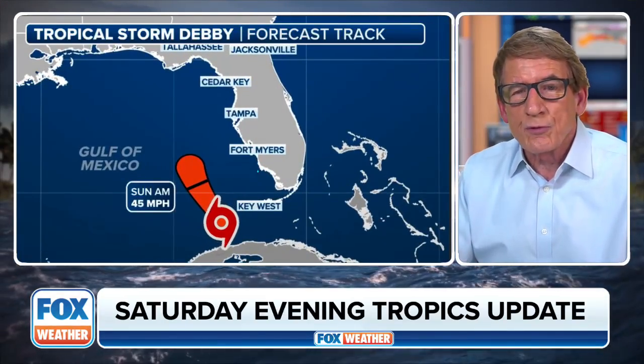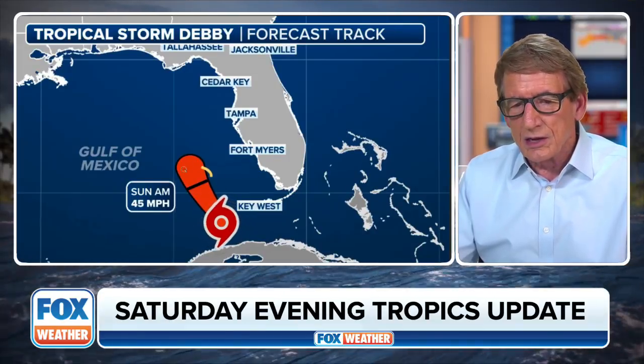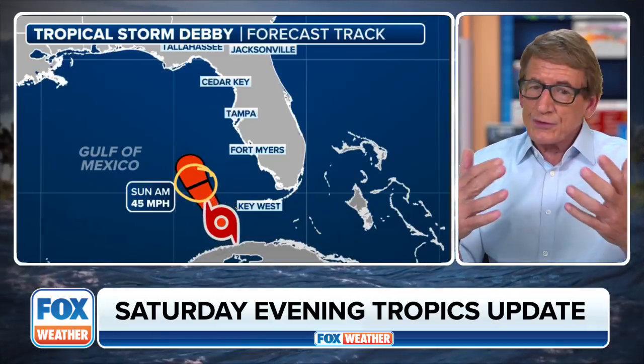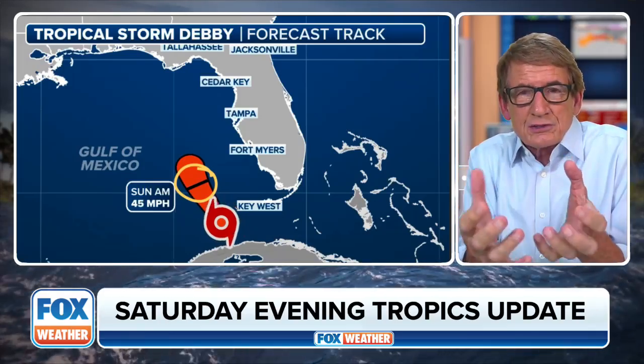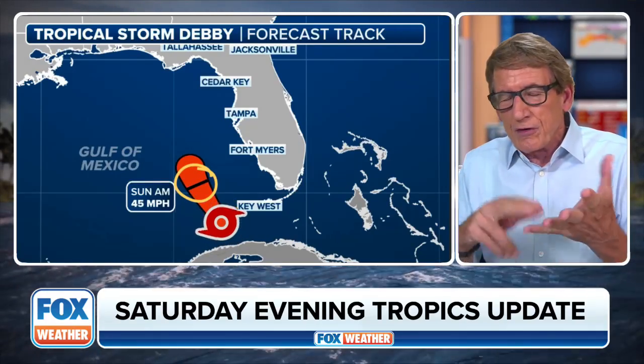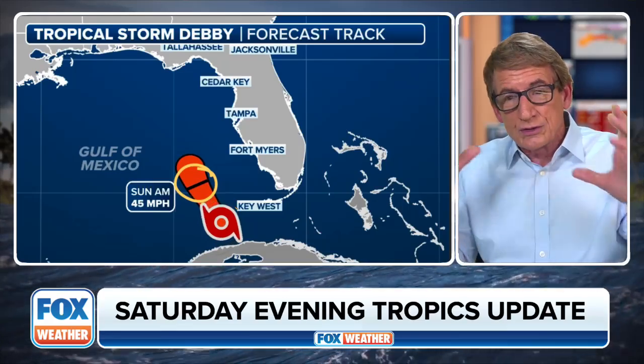All right, so here's the forecast of the new cone issued at 5 o'clock Eastern Time from the National Hurricane Center. You see the storm is forecast to intensify, and in their forecast, fairly slowly intensify. The thinking is it's a big circulation. It's going to take time to concentrate essentially the energy of the system around a center. But we saw it come together sooner than expected because of the very warm waters there and also the very